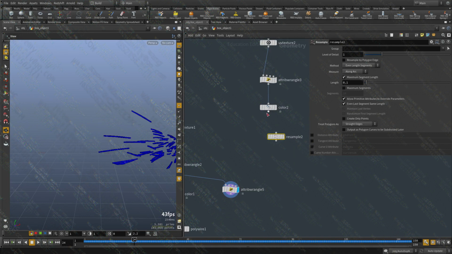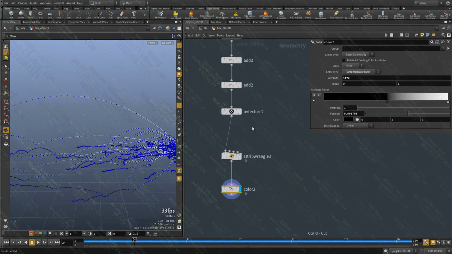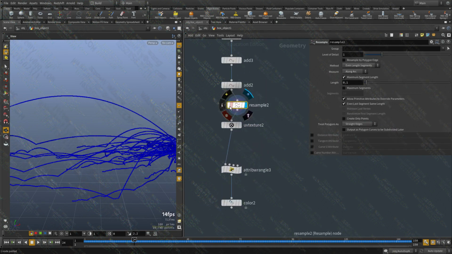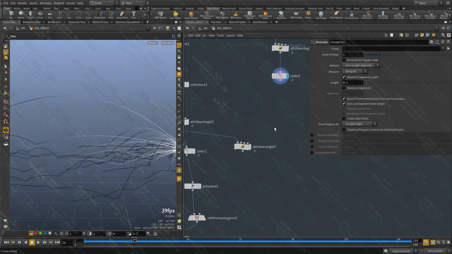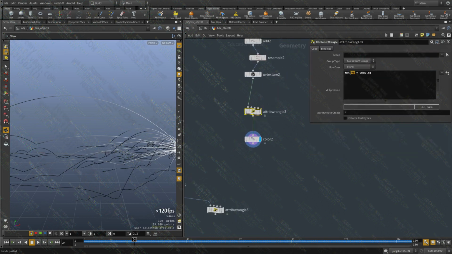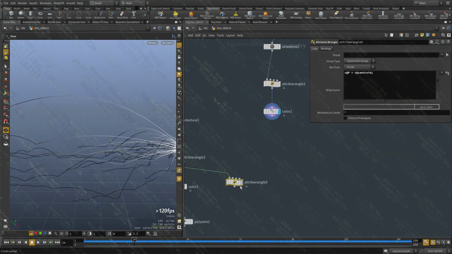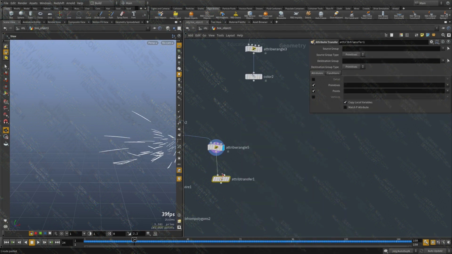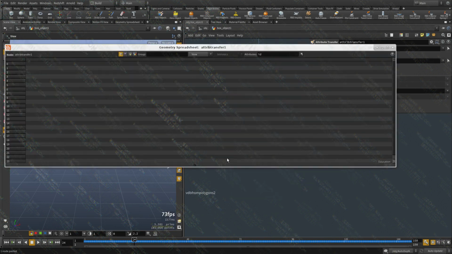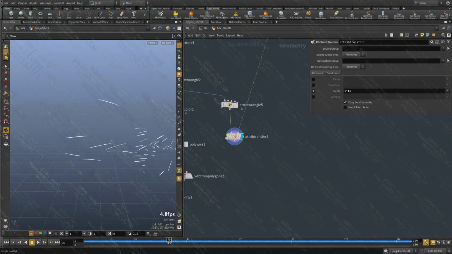And what I'm going to do is I'm going to resample all these guys. Actually, let's do it here. So I'm going to resample them so we have more points, and then we're going to attribute transfer that life from here into these points. Okay, so let's transfer that. And we should have the life attribute now. Cool, it's there. Perfect. So each time these curves are going to progress, they're going to inherit that life, and